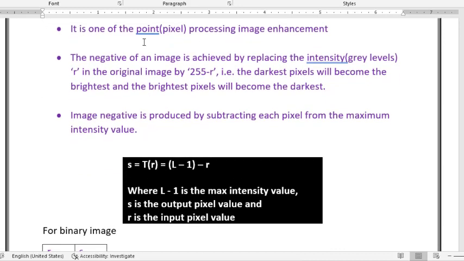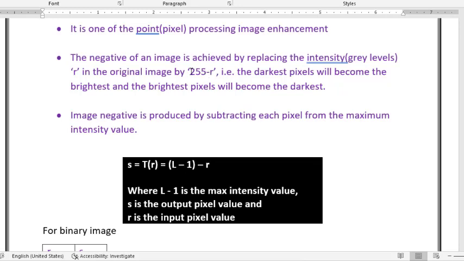How do we do the image enhancement in image negative? The negative of an image is achieved by replacing the intensity or gray level R in the original image by 255 minus R. In this video, I am considering the 8-bit image, that is your grayscale image.